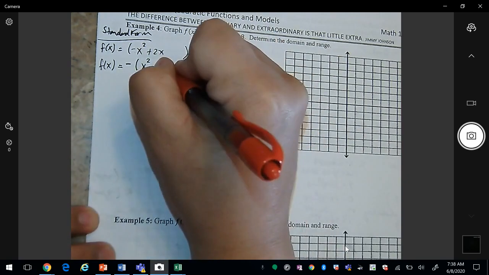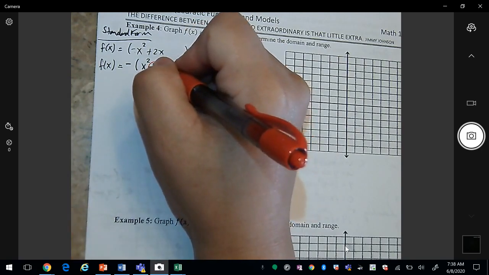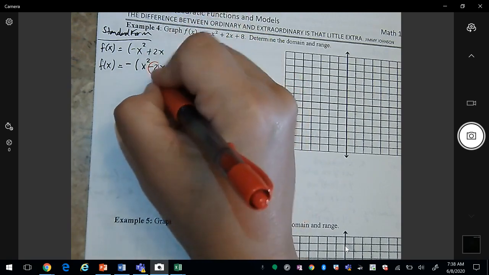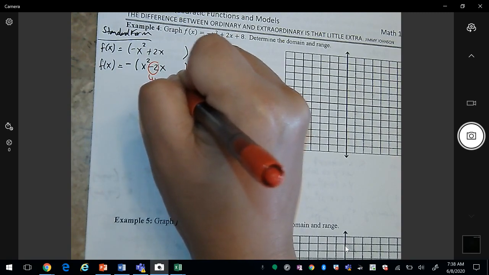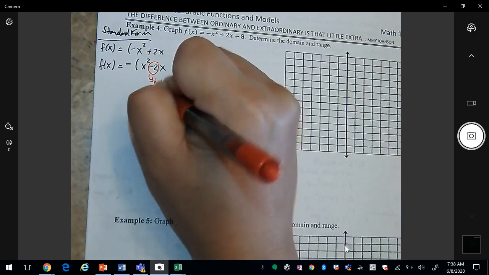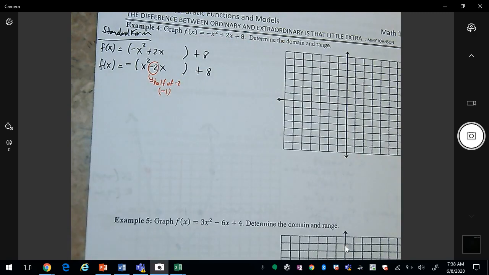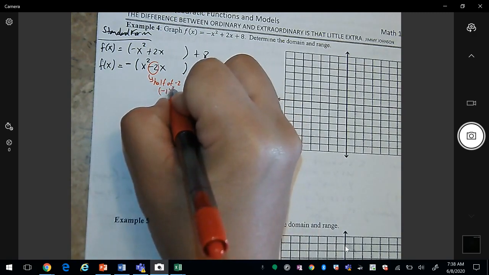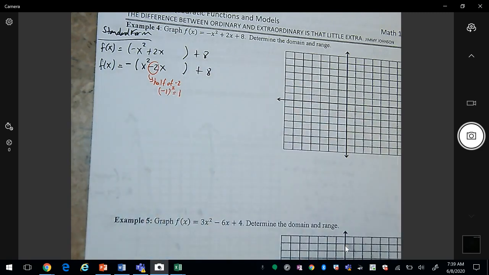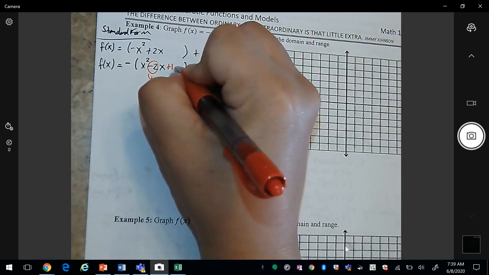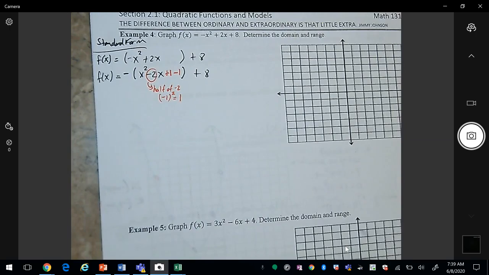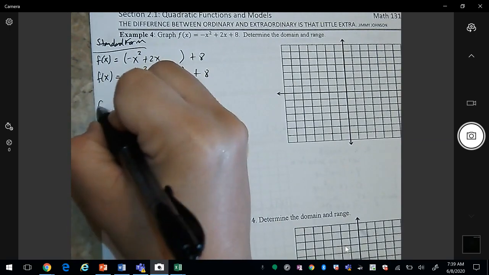So now we can take half of the negative 2. So half of negative 2 would be negative 1. And so then we square it. So we get positive 1. So this positive 1, we're going to add to our parentheses, but then we're also going to subtract. Okay, so now we have